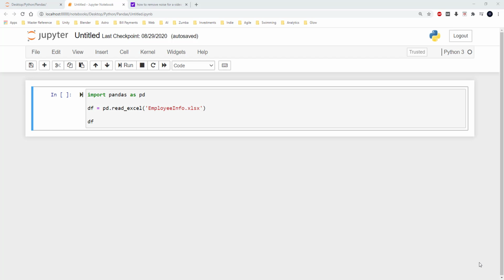I have imported pandas as pd in the first line, and then I am using the function read_excel, and I am passing the file location along with the file name as a parameter to the function, and this function reads the content of the file and then stores it in the data frame.